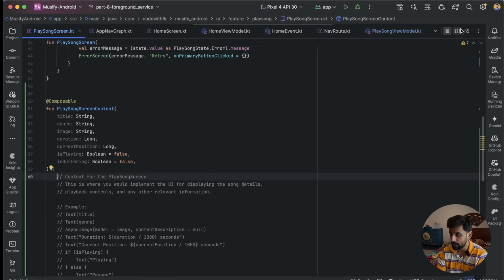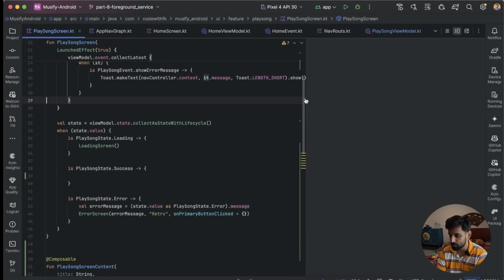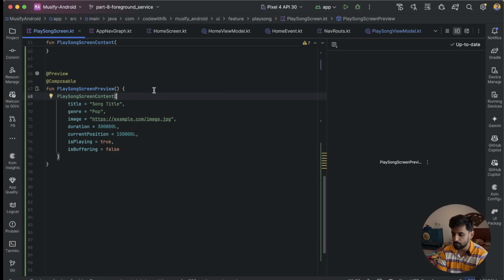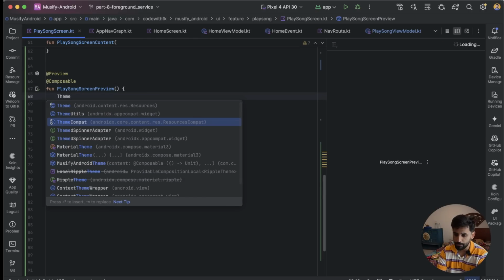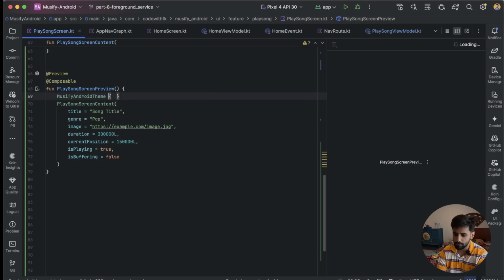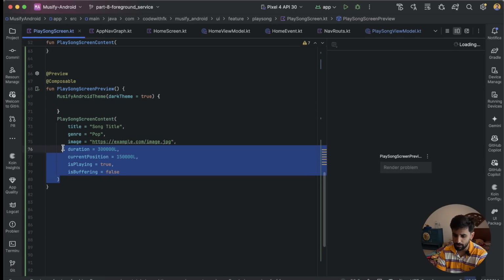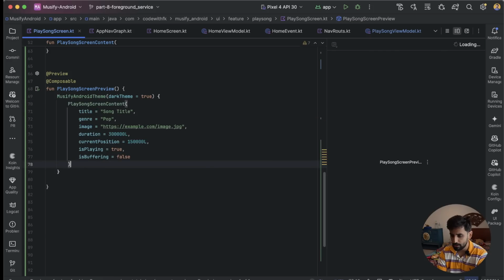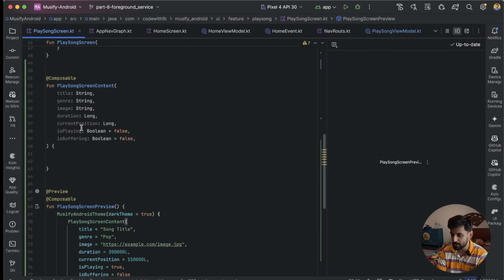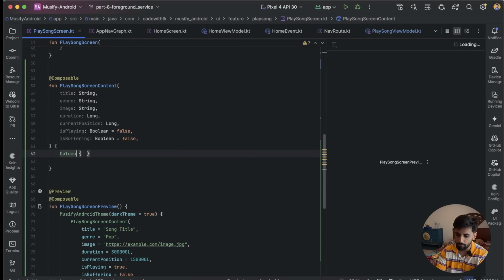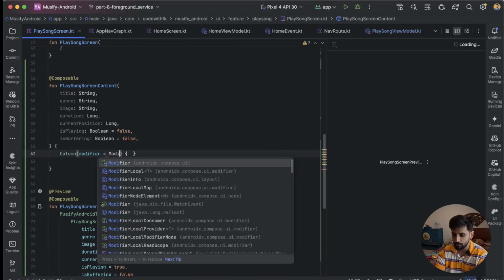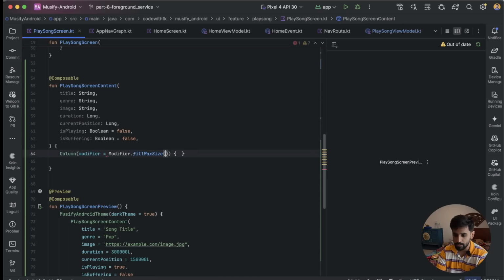And now, if I switch to this section where I can show you the preview, just one more thing I think I'm going to do over here as well, and that is musify theme, and dark theme is going to be true. So because I can see what's going on there, and we do it something like this. Now it doesn't have anything right now, like we didn't create anything inside this, so that is why it is like this. So the first thing I'm going to do is say modifier dot fill max size,